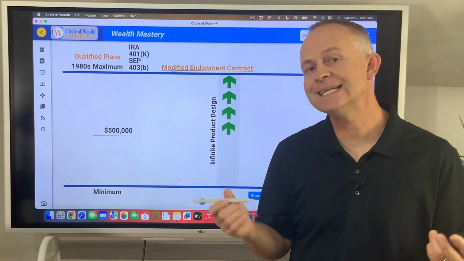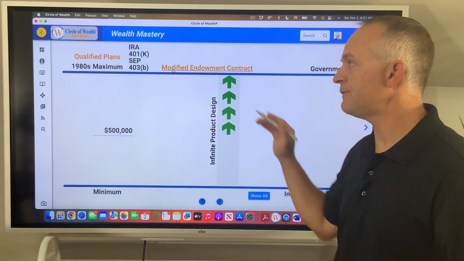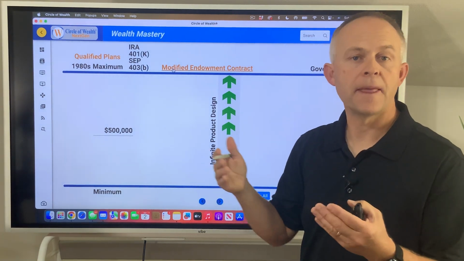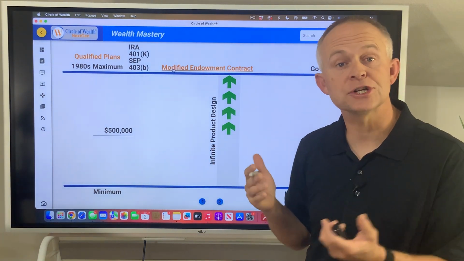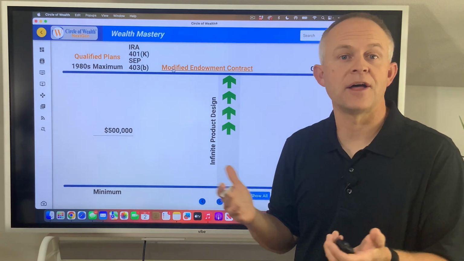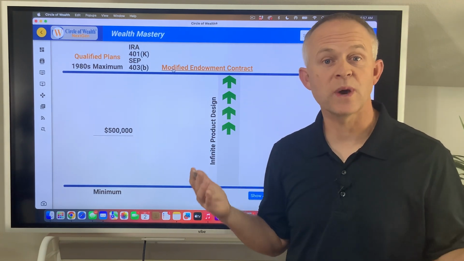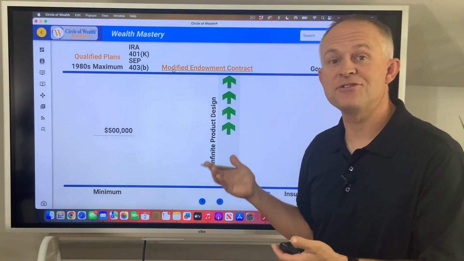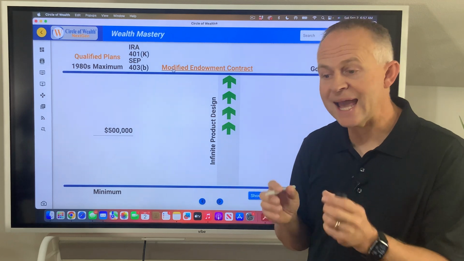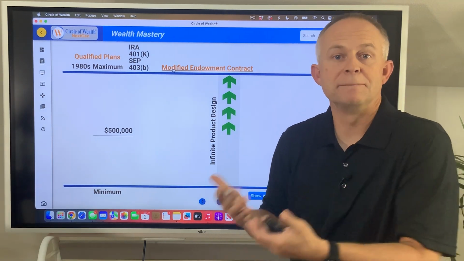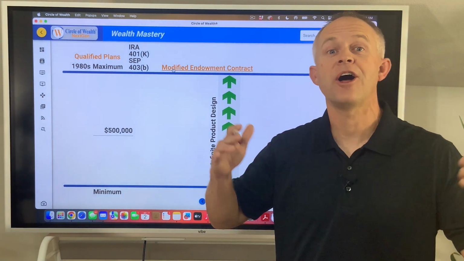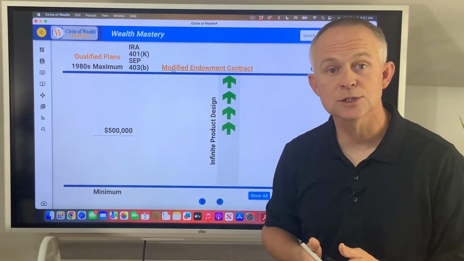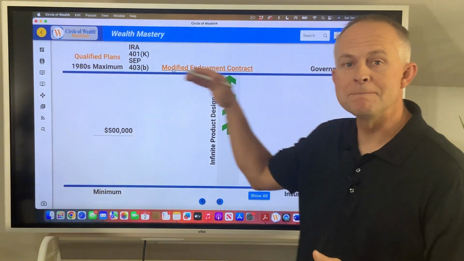Now, a modified endowment contract says that if you go above this line, you have to pay taxes on the money that you take out of the life insurance. And remember, the idea is that all this money is supposed to be tax-free. That's why the wealthy like it. But the problem is that the wealthy were taking advantage of this back in the 80s. They would buy these little policies and they would drop millions of dollars into these policies and all that money would be tax-free. Well, the government figured out that this was a big tax loophole